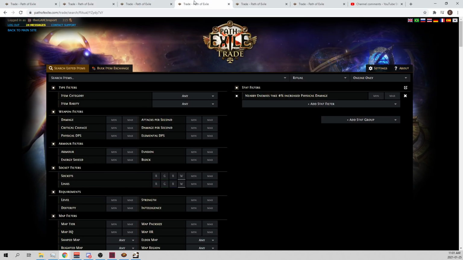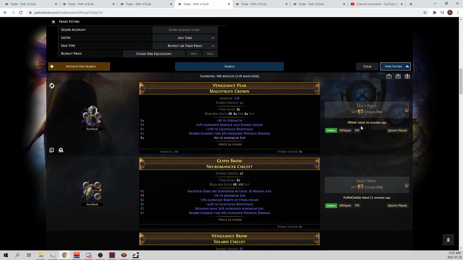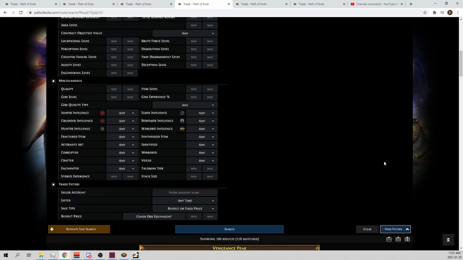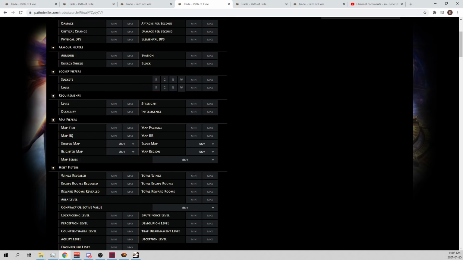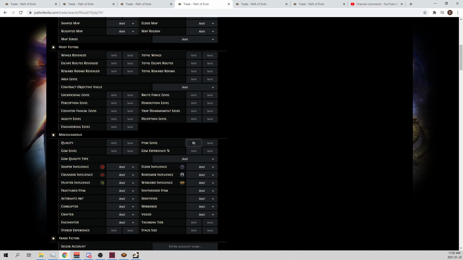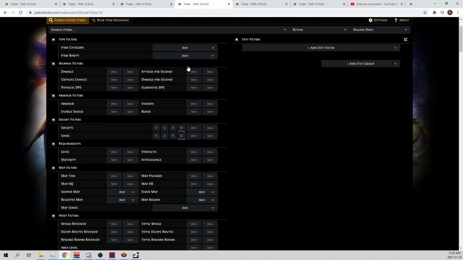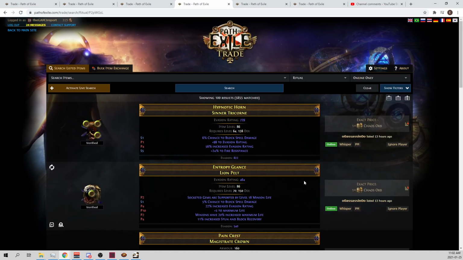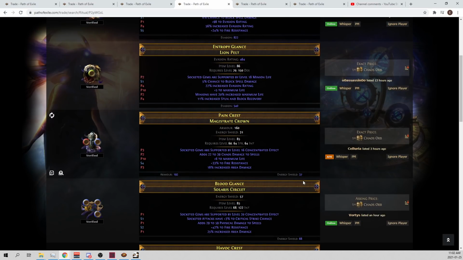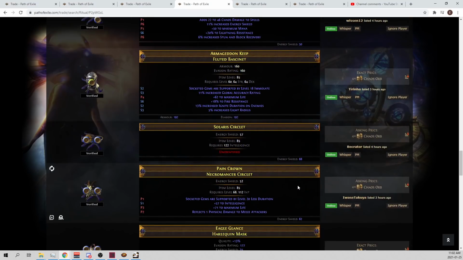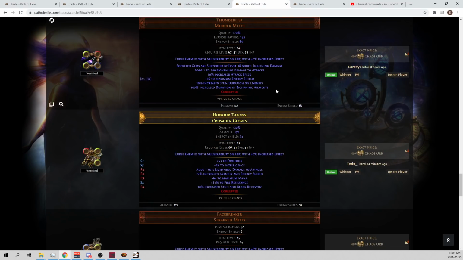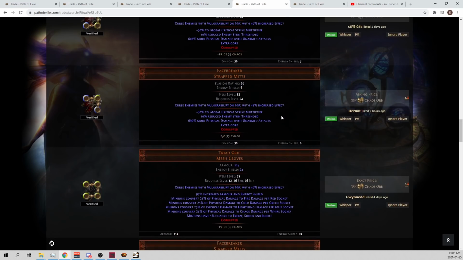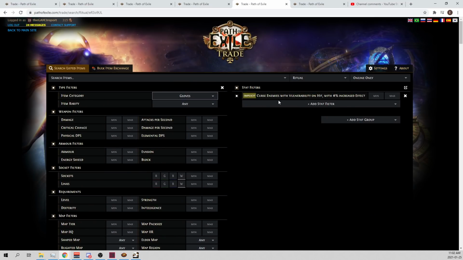It's a budget breastdome. And then the helmet went for the nearby enemies take 9% increased physical damage. It was 54, 55, 60. And the other option was going for an 85 Elder helmet. And you search this, and then you would craft this with physical mods from the Harvest. So that's pretty easy. Then we have this glove, so you can search for an implicit curse enemies with vulnerability